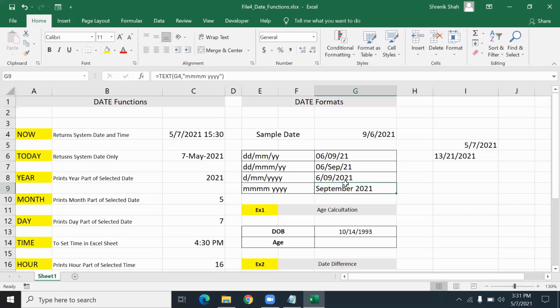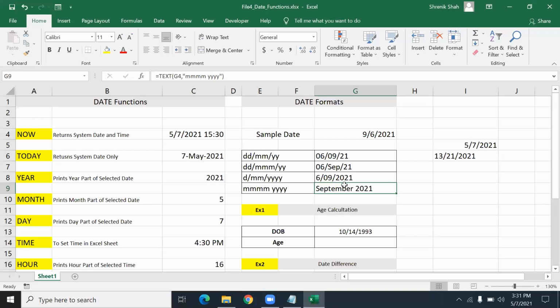For that, we first need to learn advanced date functions, and the function name is DATEVALUE. If you call the DATEVALUE function, then only it will be converted to the actual format of the date, and Excel after that shows the values exactly on the right side.